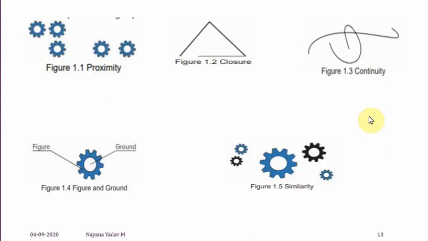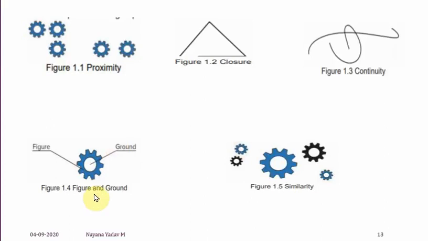Okay. So that is about your continuity. Same thing in mobile application also. If you have a link, and you click on that link, you'll be directed to another object or another task. So that is what we are saying about continuity. From one direction you're continuously moving on to the next task, like in a mobile app, you click on some link, and you will be directed to another point. Again, if you have any link there, you might be directed to another point, or you'll just stay in that particular page. So that is what we are saying for continuity.